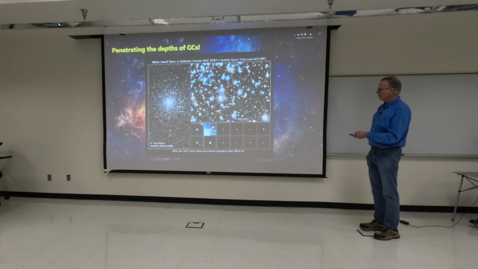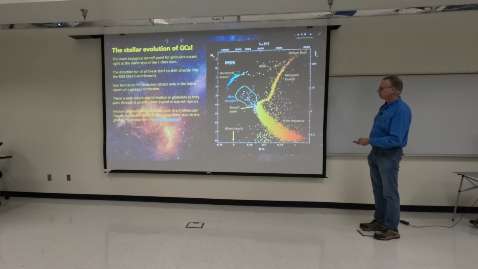Here is a deep inside view, and we can find that as we go deep inside, like with this globular cluster, NGC 6397, we can locate white dwarfs. There are cases where some of the first stars are supergiant stars inside the globular clusters. They blow apart, they create short-living giant stars, and those giant stars are at just the right mass to leave behind clusters of white dwarfs residing inside the globular cluster. So these are all individual white dwarfs that have been photographed piercing deep into these globular clusters.